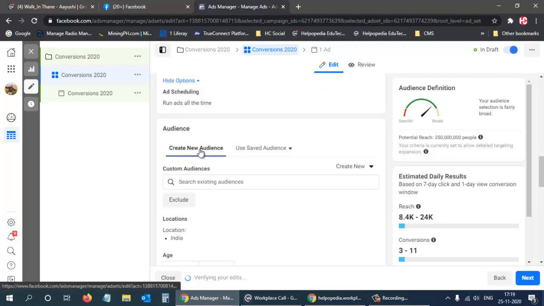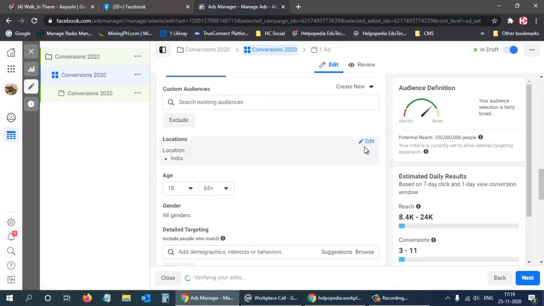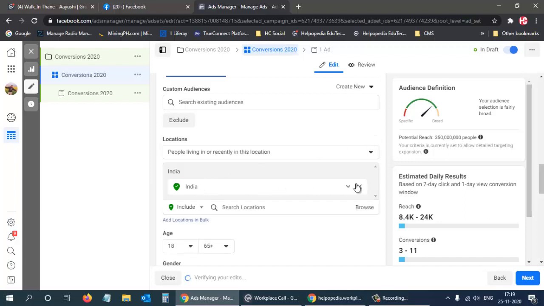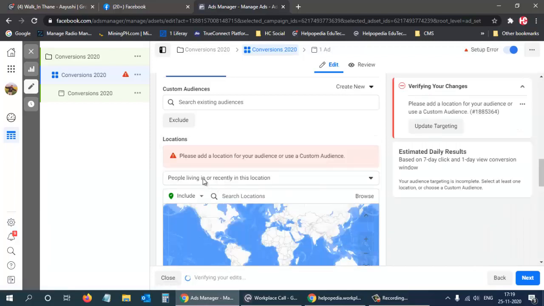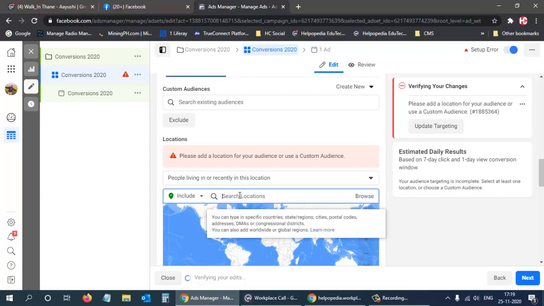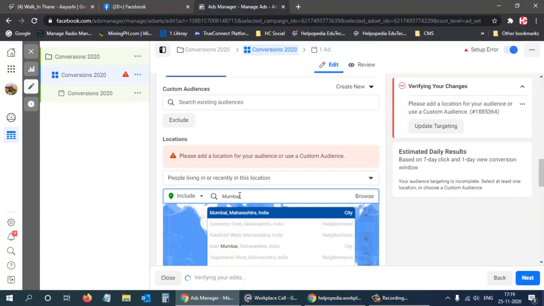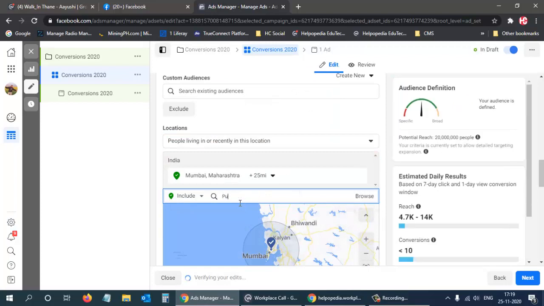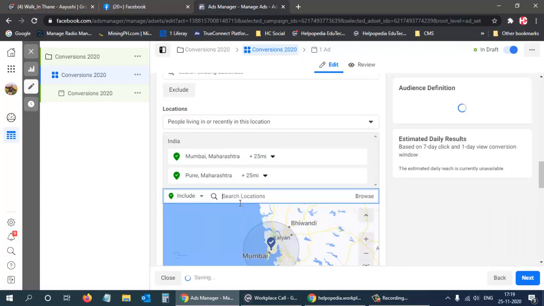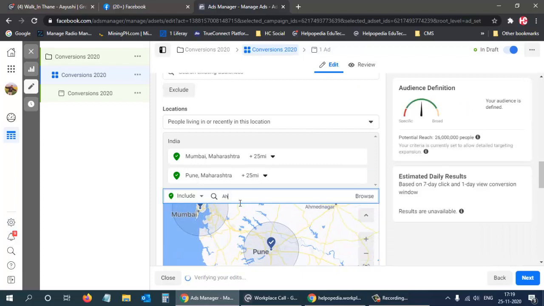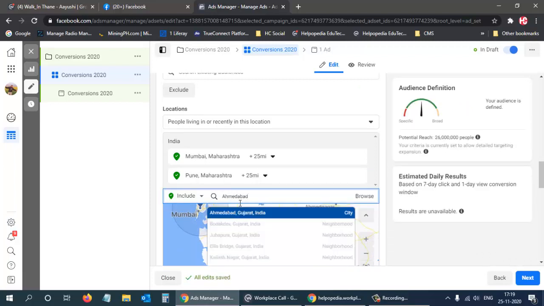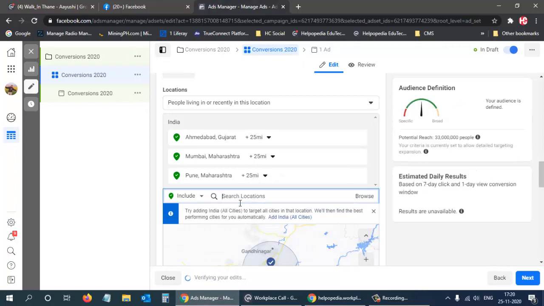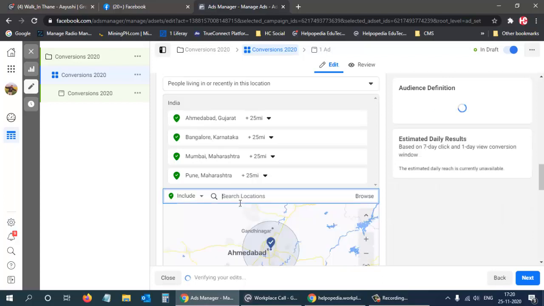And over here we can create new audiences or use saved audiences. So I can create a new audience. It can be people living in Mumbai, then Pune, then Ahmedabad, Bangalore.